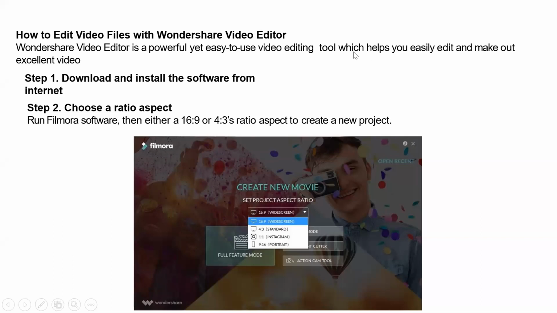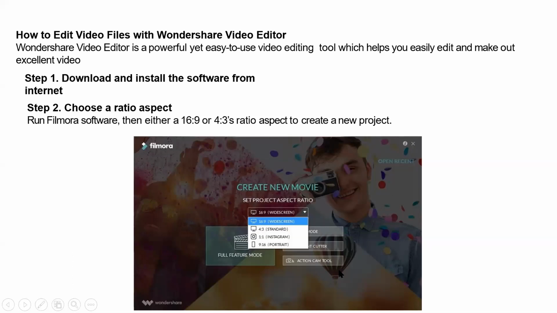So now first note down that the name of the software is Wondershare Video Editor, or it can also be called Wondershare Filmora. You can see here Wondershare Filmora. The first step is you download the software from the internet. The moment you download, you double click on it.